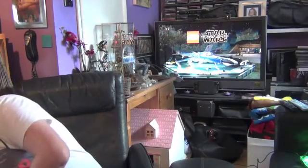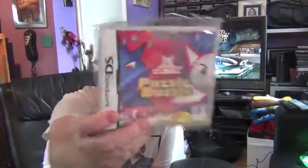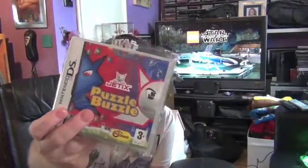Okay, turning to the DS. I've got some cheap DS games. This was about £1.50. Jetix Puzzle Bustle. The reviews on this are excellent. Actually, it's